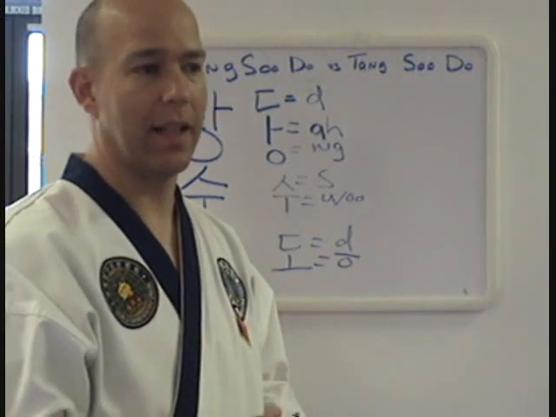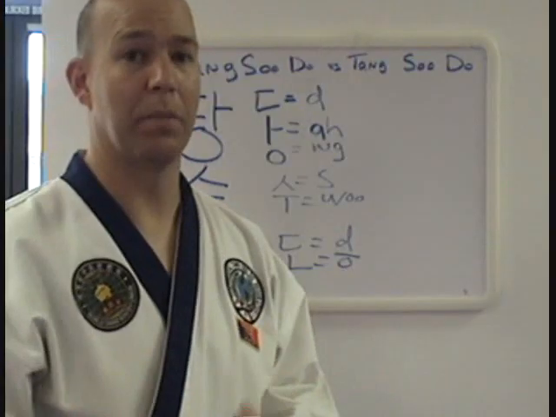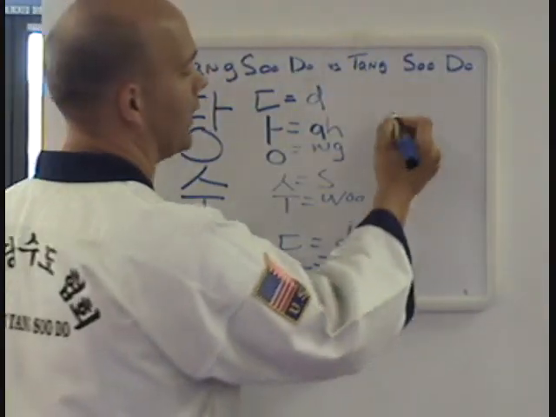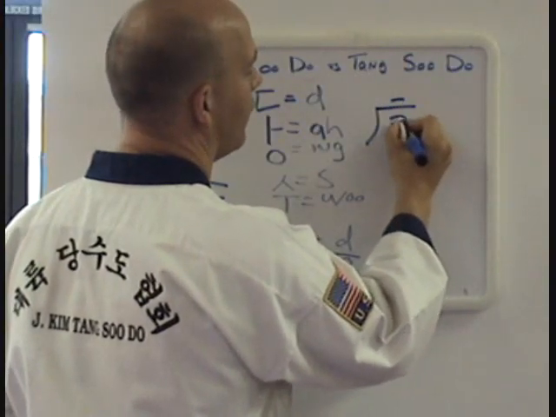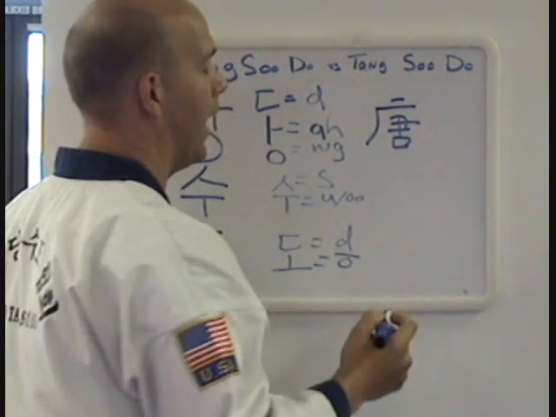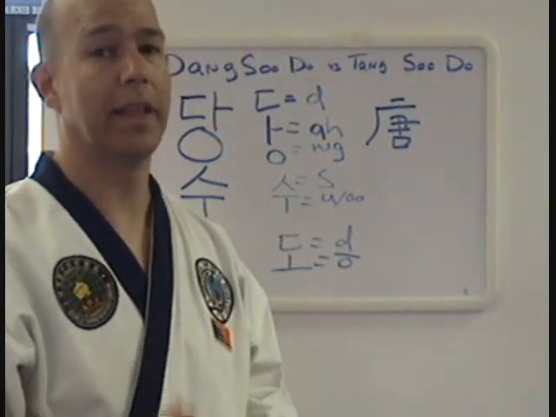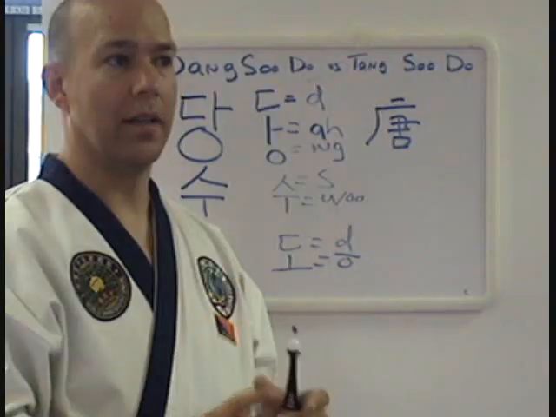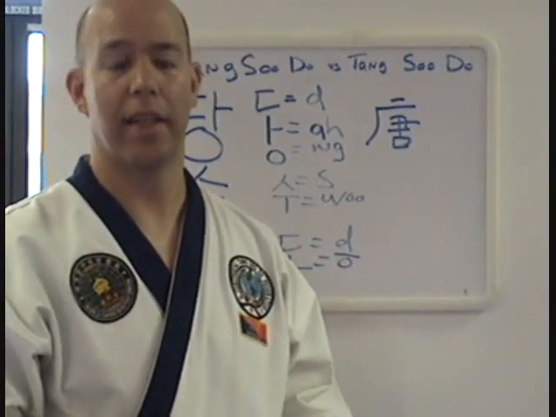My suspicion is that a lot of American GIs that were first over there learning Tang Soo Do, which were the main ones that brought it out and spread it throughout the world, see the original Chinese character for Tang Soo Do here, and that actually meant Tang as in Tang Dynasty of China. It meant China, and if you see the spelling of the Tang Dynasty of China, they were using T, so they thought they should use a T.